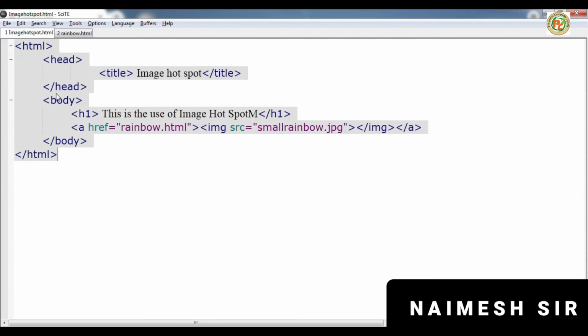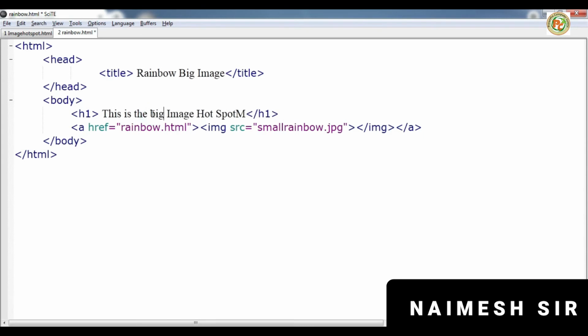Now we copy all of this and paste it here. We change the title to rainbow big image. Here we want to display only the image, so instead of the small one we display big rainbow.jpg.